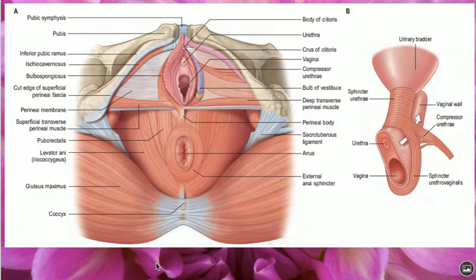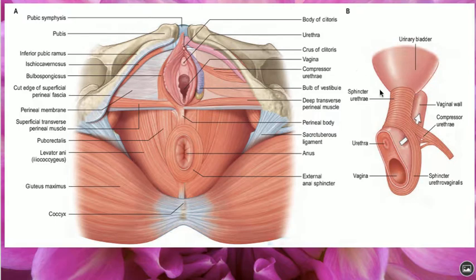Right. So you can see this is the muscle of the deep area, right? This is the perineal membrane over here. Okay, so this is a cut section. You can see we have the deep transverse perineal muscle. We have the compressor urethrae surrounding the urethra. Okay, this is more clear, I think. Anteriorly lies the urinary bladder, and then we have the urethral opening. Posteriorly, we have the vaginal opening.